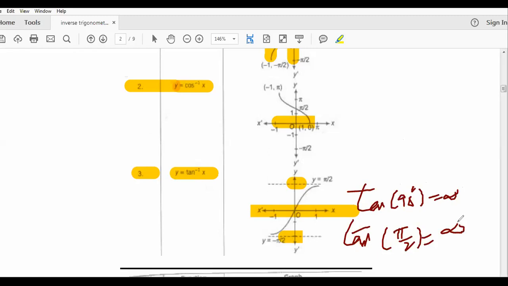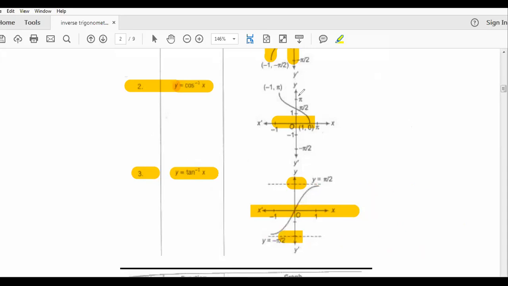Okay, so in this way, the dotted line is drawn here. Is it clear? Similarly on the negative y-axis. So the graph of this function varies like this. This is a curvilinear graph. Is it clear? So this is the graph of tangent inverse x.